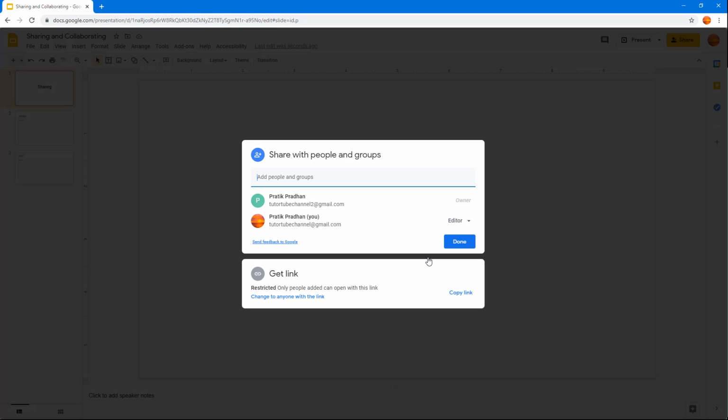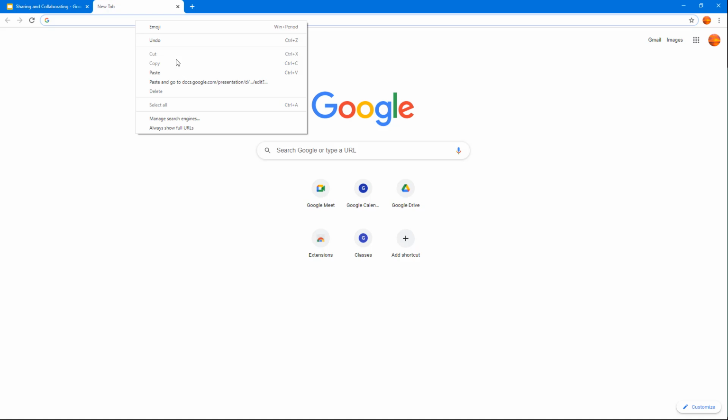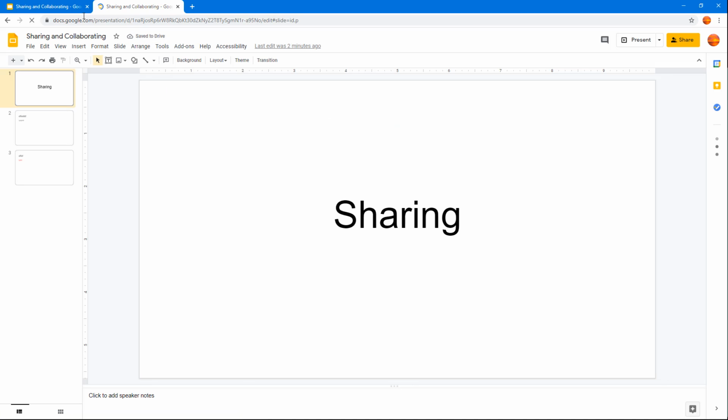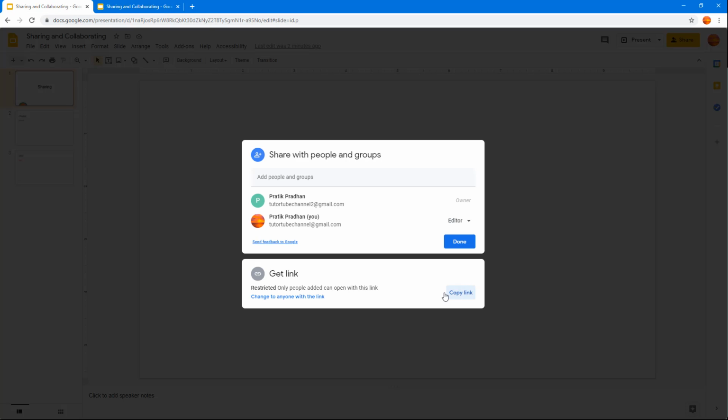If you want to share it with people and you don't know their email addresses, what you can do is just copy the link and then share it with other people. If I were to go on to a new tab and say paste and go, you can see that I get on to the same slide. So if you copy and send it to others via whatever means it might be, they'll be able to access